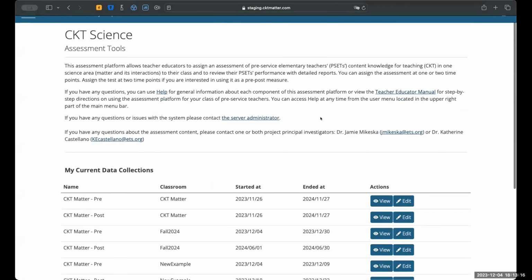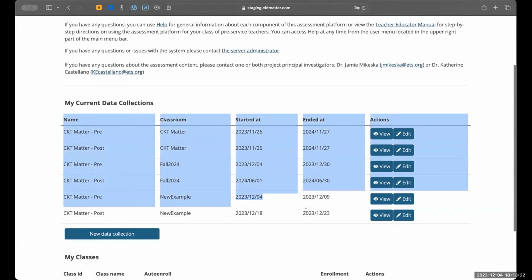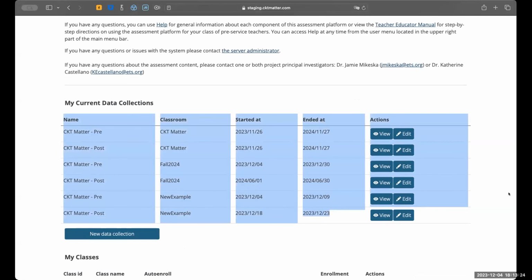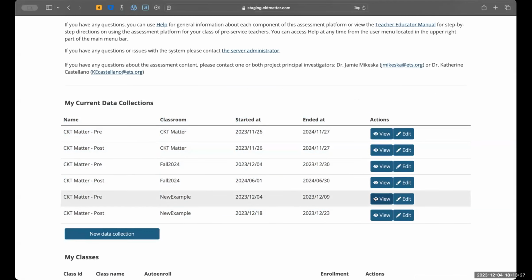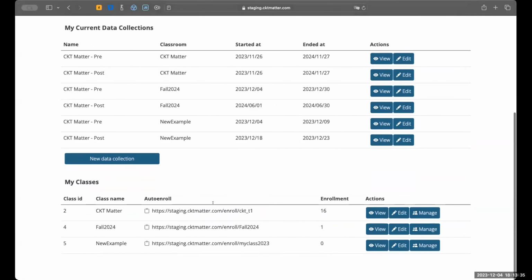When you log into the system and go to the home page, you can see all of the classrooms and all of the open assignments that you have created. That allows you to quickly see the different classes and whether it's a pre or post test that is currently underway. You get a summary of the different classes you have created, access to their links, and the possibility to copy them in order to share